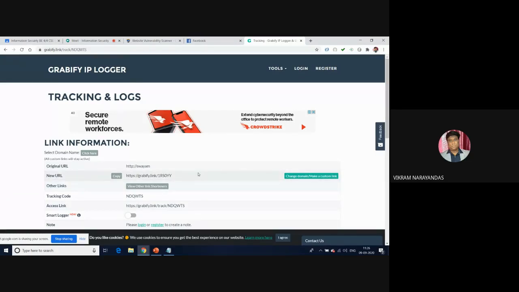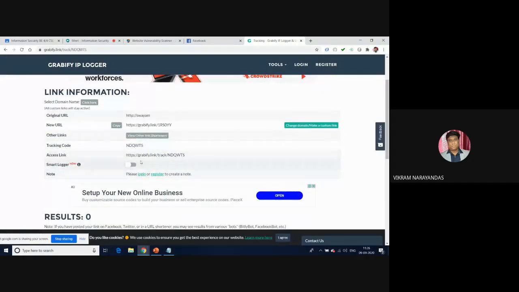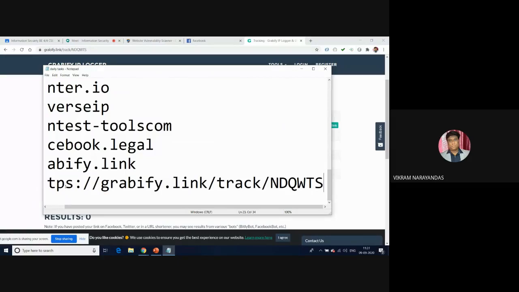Let me change the domain name, so that we can go to change the domain name. Just open the smart logger. So this is the URL to access the link. Just type this in your mobile phone browsers here. HTTP. Please, all of you do it. HTTP, grapify.link track